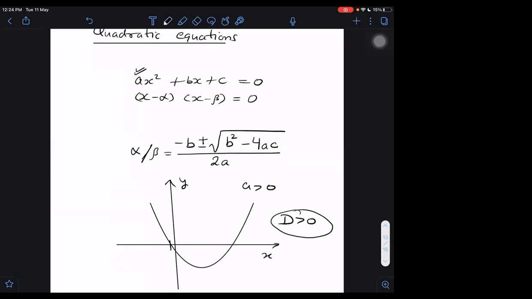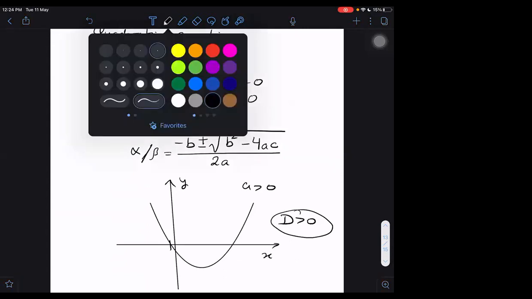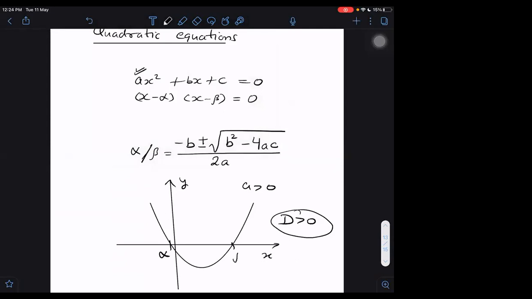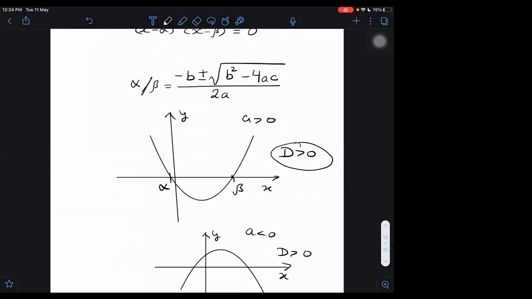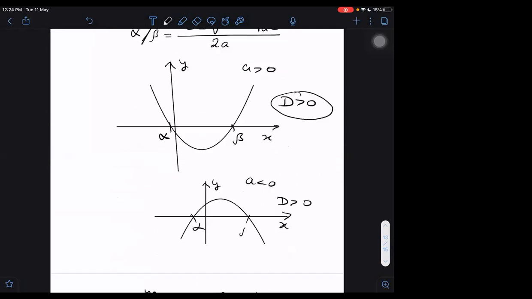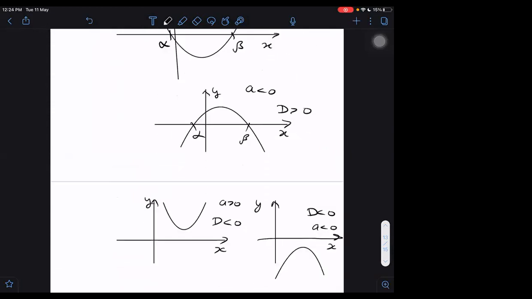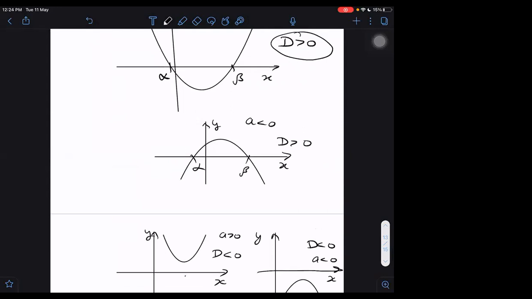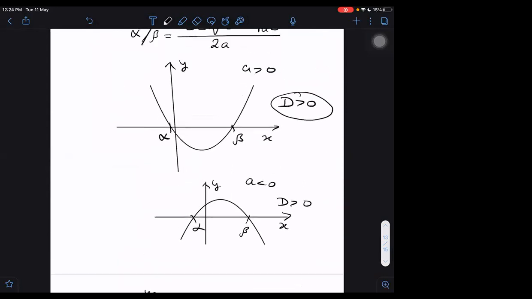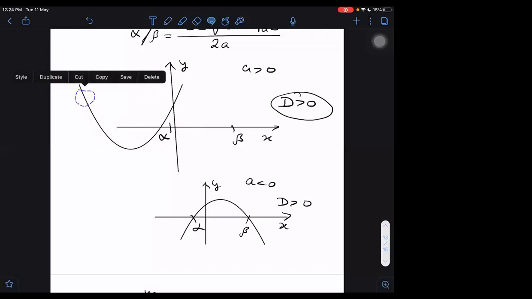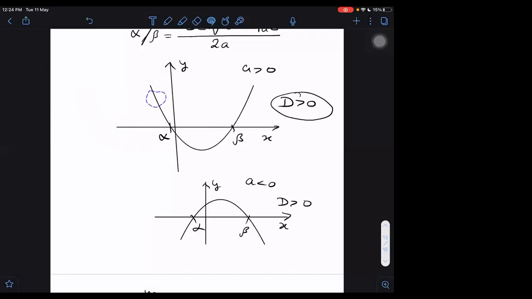You want to see where are the roots? Let me show you roots. Let us say one root is alpha, another is beta. Where it intersects the x-axis, that is the root. Now, one boy was asking, is it possible that this lies here? Yes. In that case, both roots will be negative.